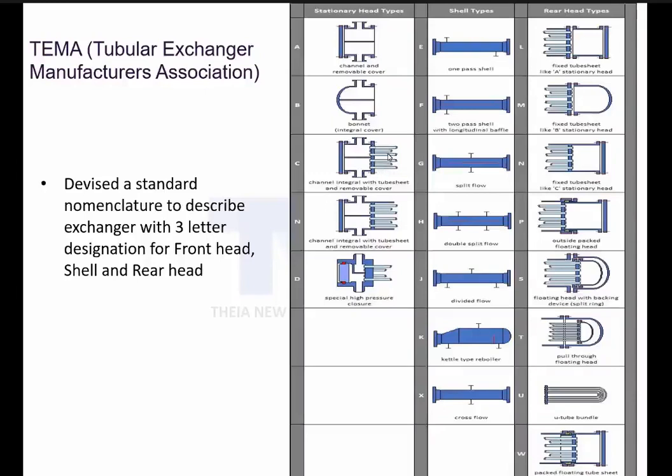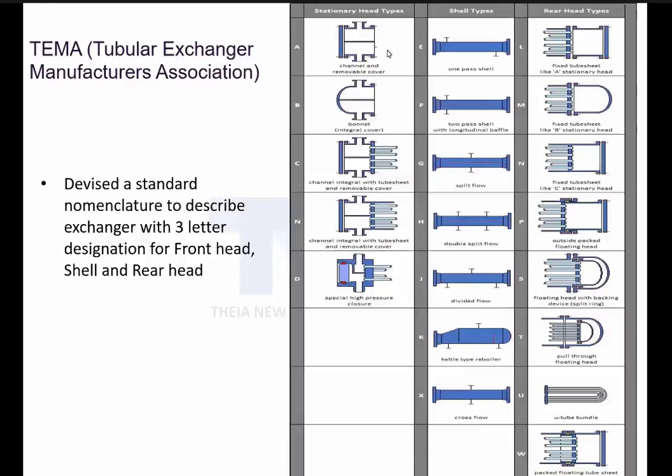C is used when your pressure is more than 100 bar. Remember, when you're operating at high pressure, we have to use C. If you are using more than 150 bar, then you have to use a special type of design called the D exchanger. When you see a D exchanger, generally the pressure is more than 150 bar, which is very abnormal in a refinery or petrochemical plant. In polymer plants, you may see it to some extent, but it is very difficult to see an operating pressure more than that.